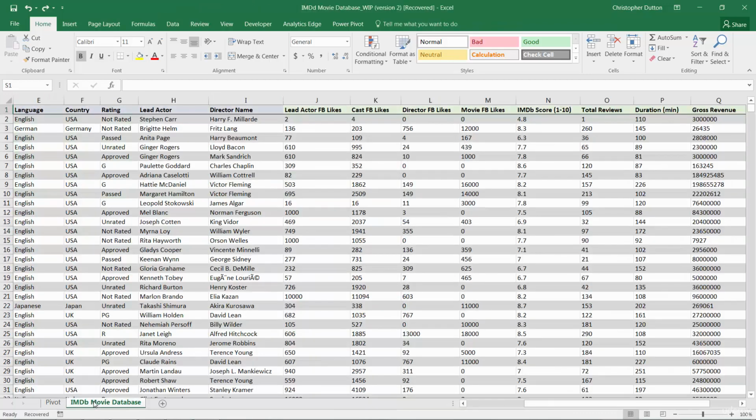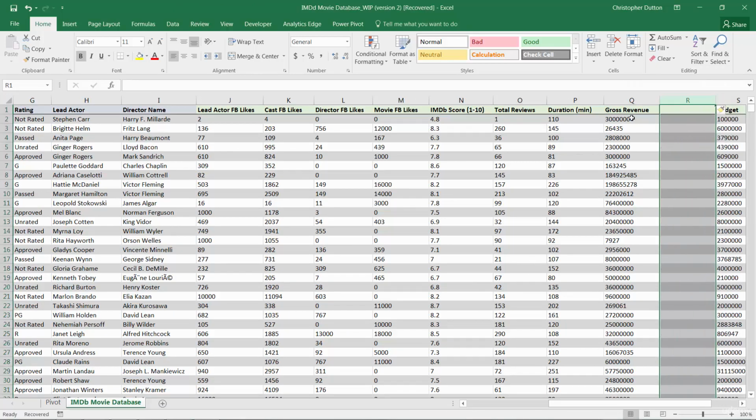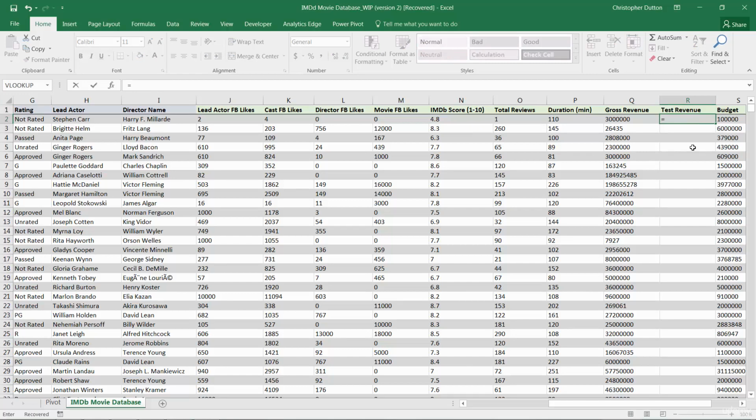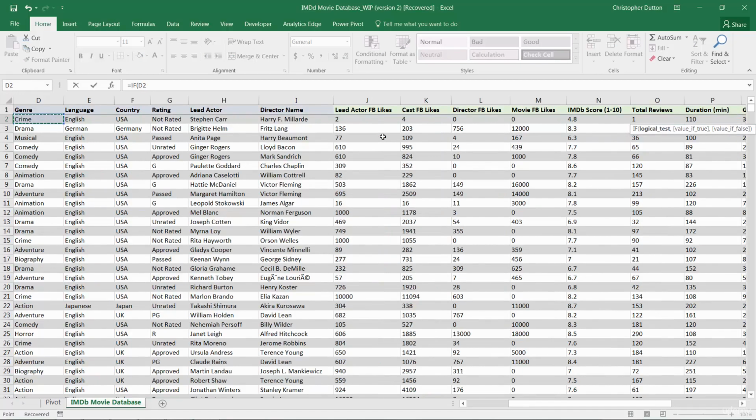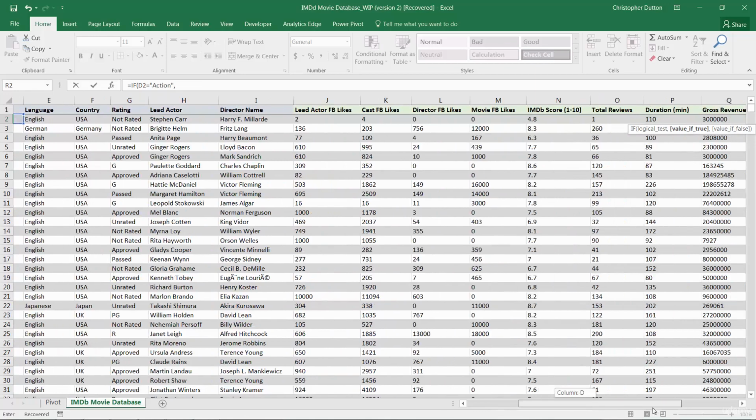So in my raw data, I'm going to scroll over and add a new column here to the right of gross revenue. Let's call it test revenue. And I know we're not covering formulas in this course, but what I'm going to do is use a conditional statement here and say if my genre field, D2, equals action, then I want to perform some calculation, which in